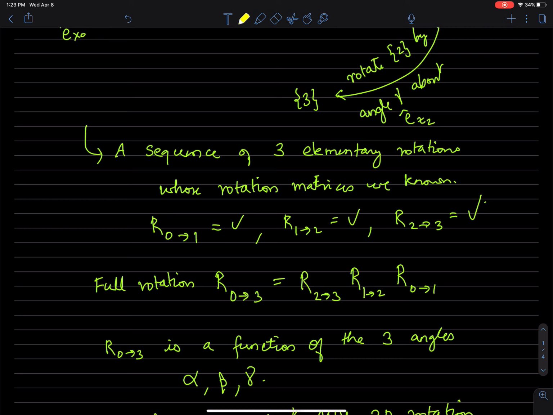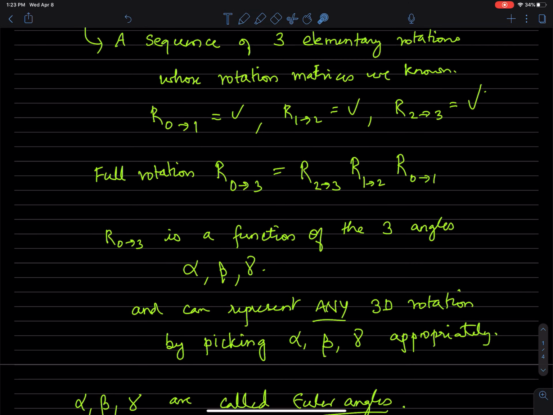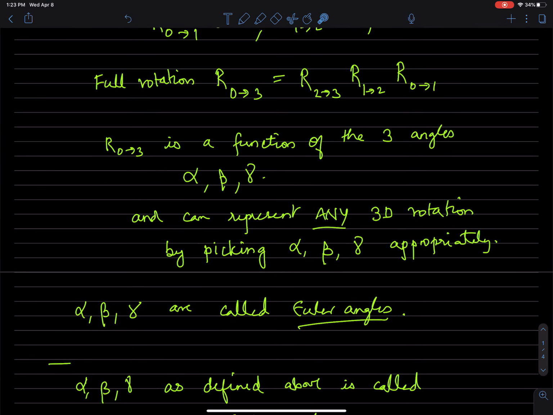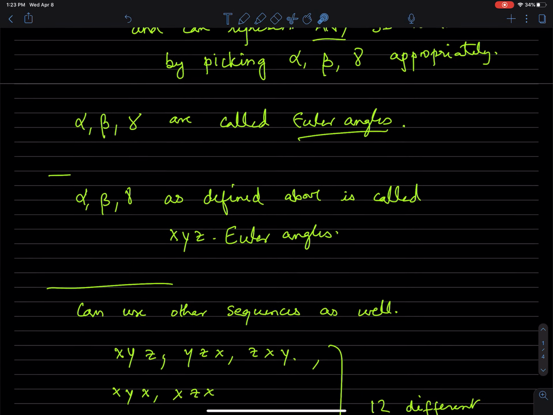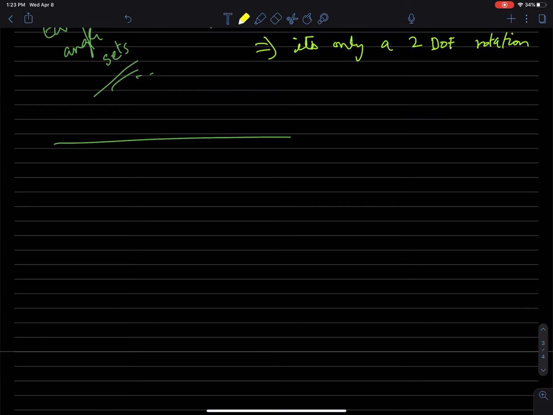And then because it's a sequence of 3 elementary rotations, we can construct the full rotation matrix as a product of these 3 elementary rotation matrices, each of which is a function of the corresponding angles by which we rotate: alpha, beta, gamma. So let's actually write an expression for the final rotation matrix, just for completeness. So x, y, z Euler angles,